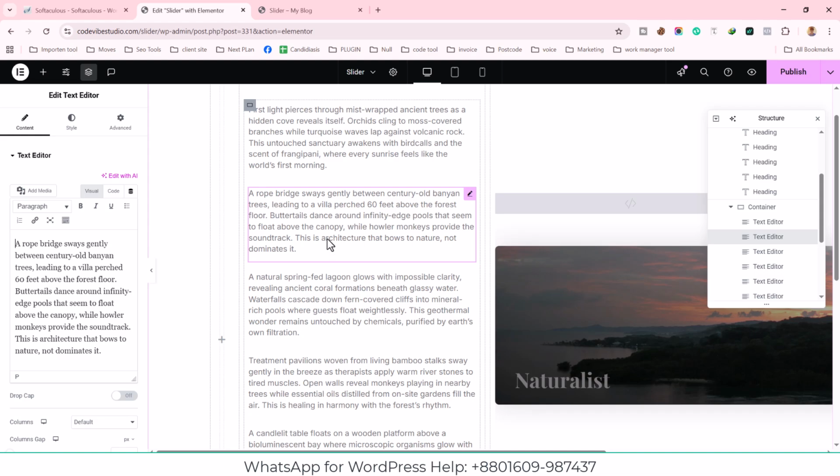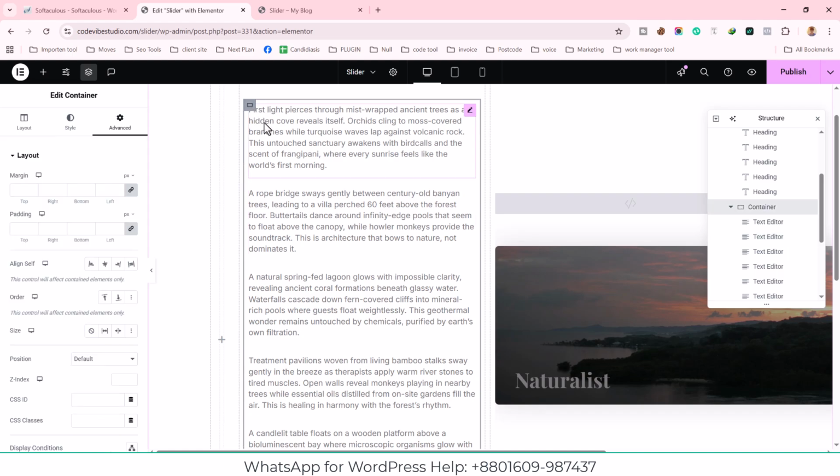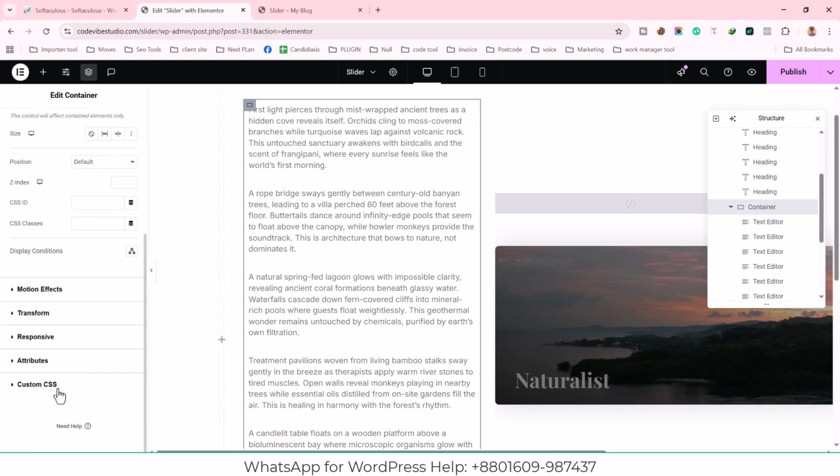We also need to add CSS and a CSS class. So to add the CSS class and CSS, we will select the parent container and first I will